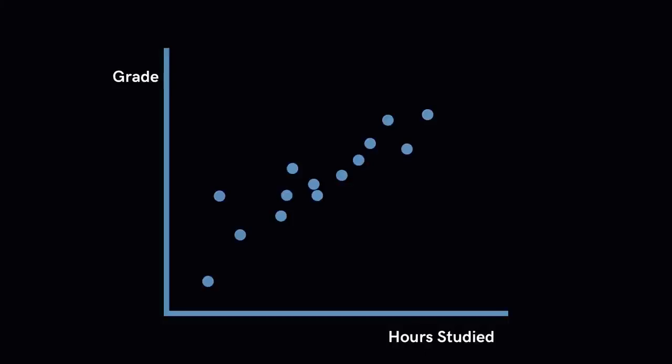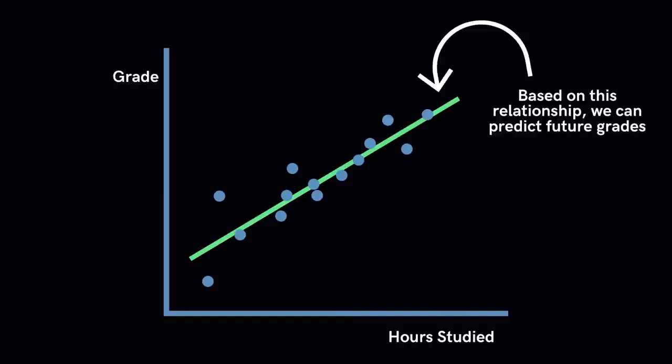Imagine we want to determine a student's test grade based on how many hours they study the week of the test. Let's say the plot data with line of best fit looks like this. There is a clear positive correlation between hours studied, the independent variable, and the student's final test scores, the dependent variable. A line of best fit can be drawn through the data points to show the model's predictions when given a new input. Say we wanted to know how well a student would do with 5 hours of studying. We can use the line of best fit to predict the test score based on other students' performances.